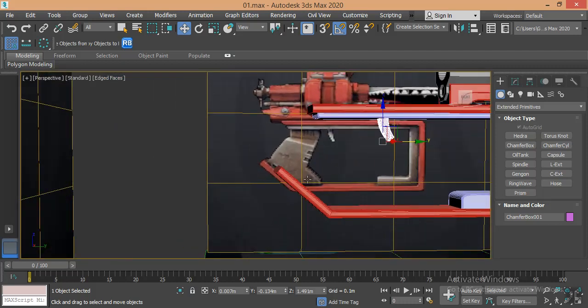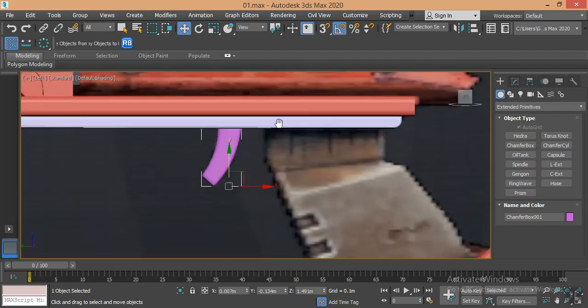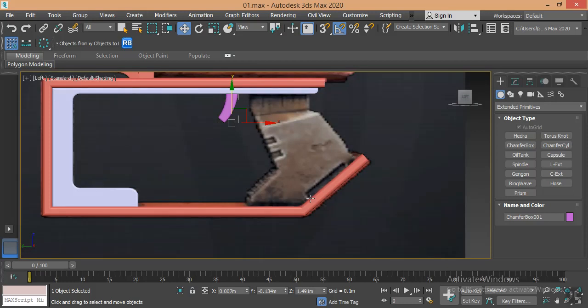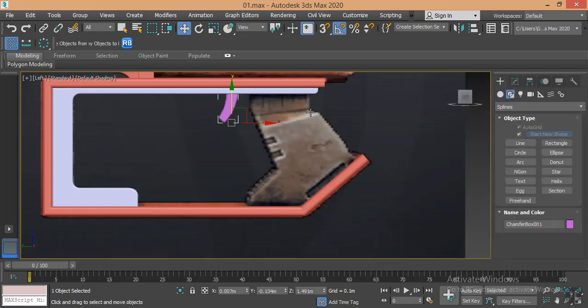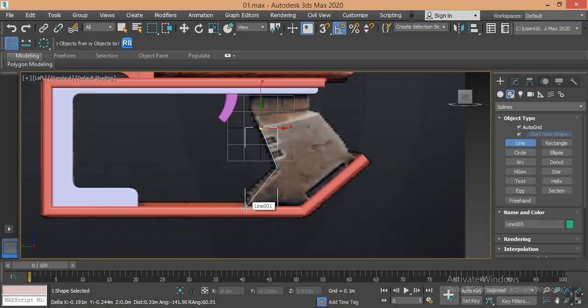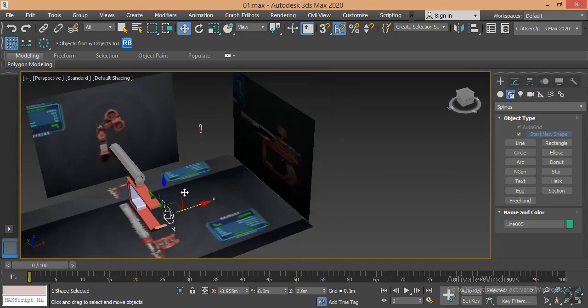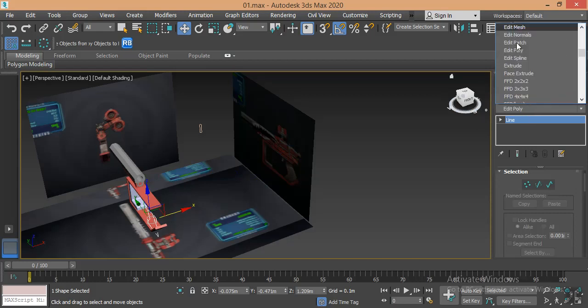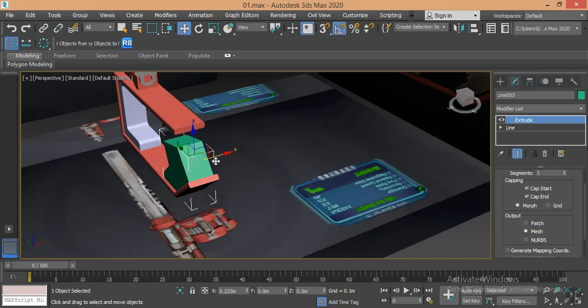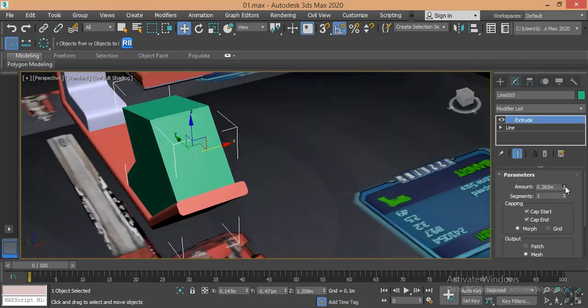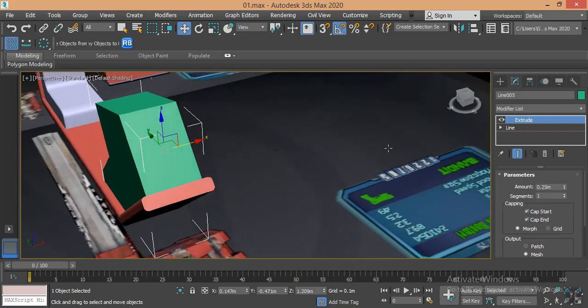Okay, we need to make this model from the front or left. I need to make this model only, then I will make the other parts. I can select line, then I will click to draw this. Now we can extrude this model. We can decrease a little bit, 0.25. We can go to